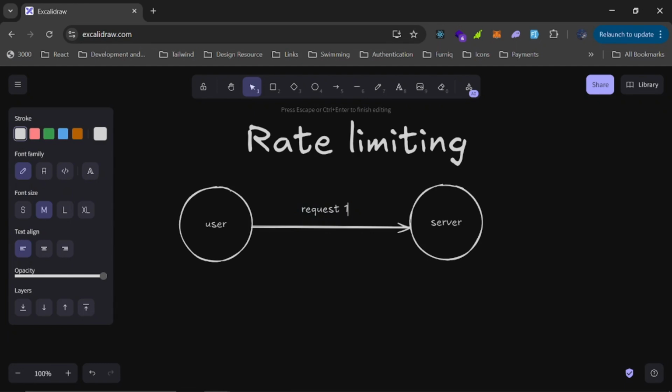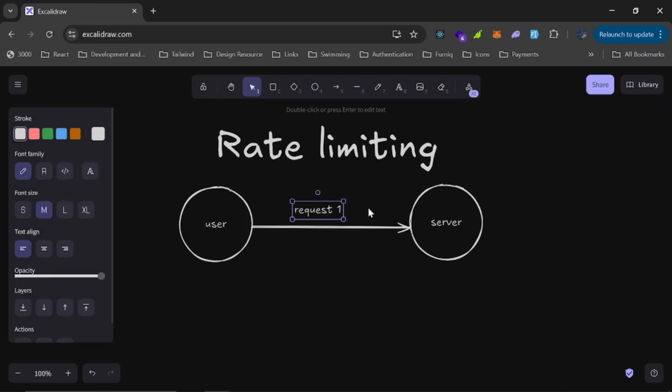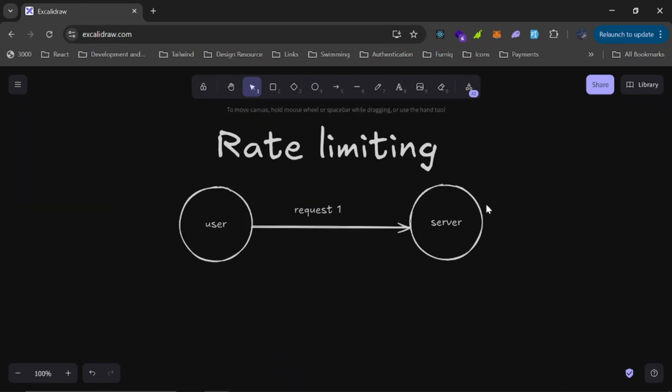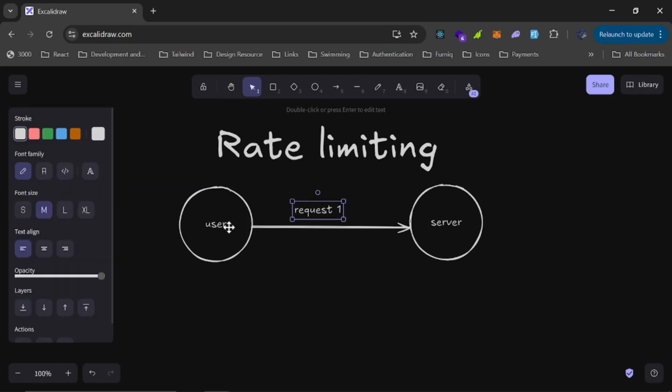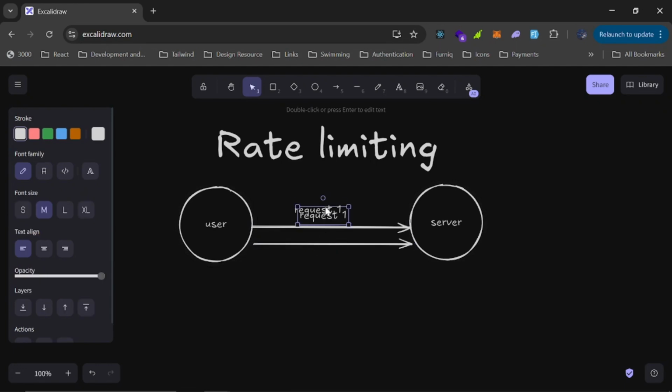If rate limiting is not implemented, this particular user, if they are not a good person, can write a script to just spam your server by submitting different data. So you can send a bunch of requests. But if rate limiting is in place, you can protect your API or your server and say this particular user can just make